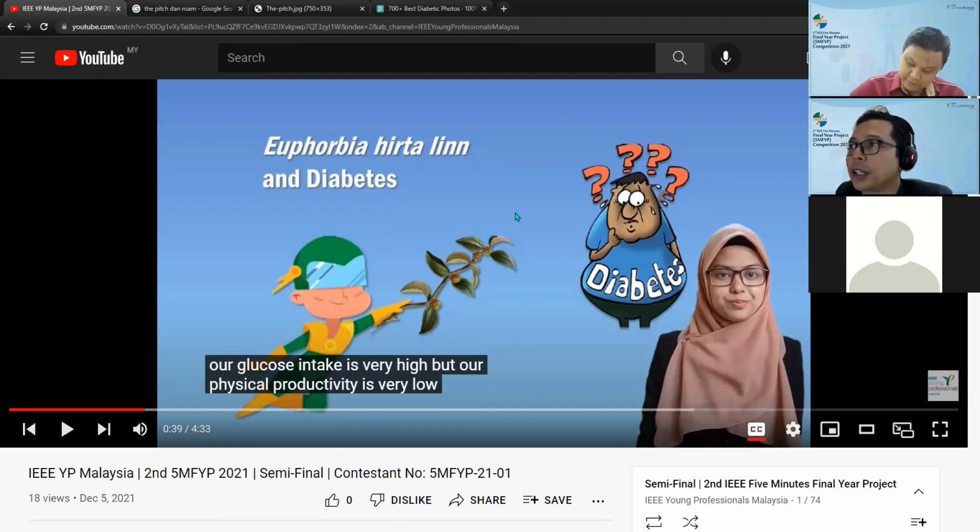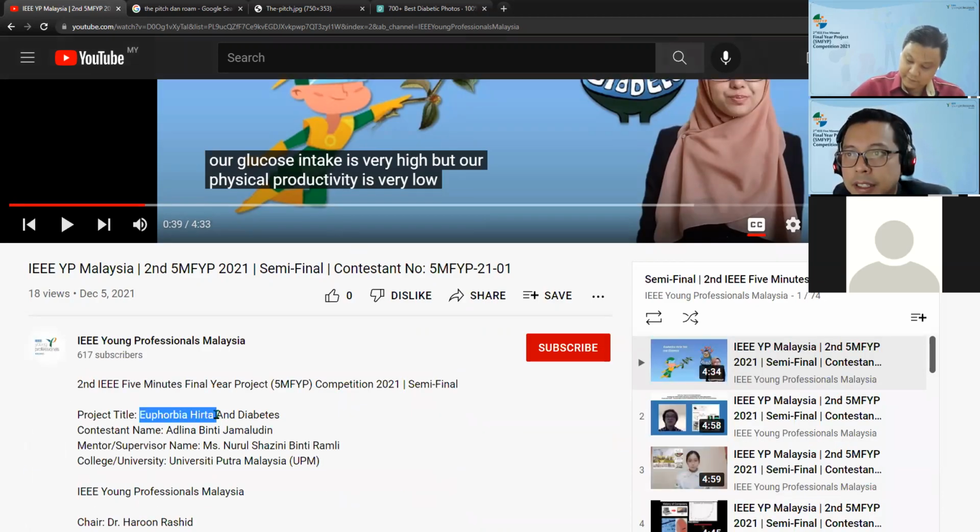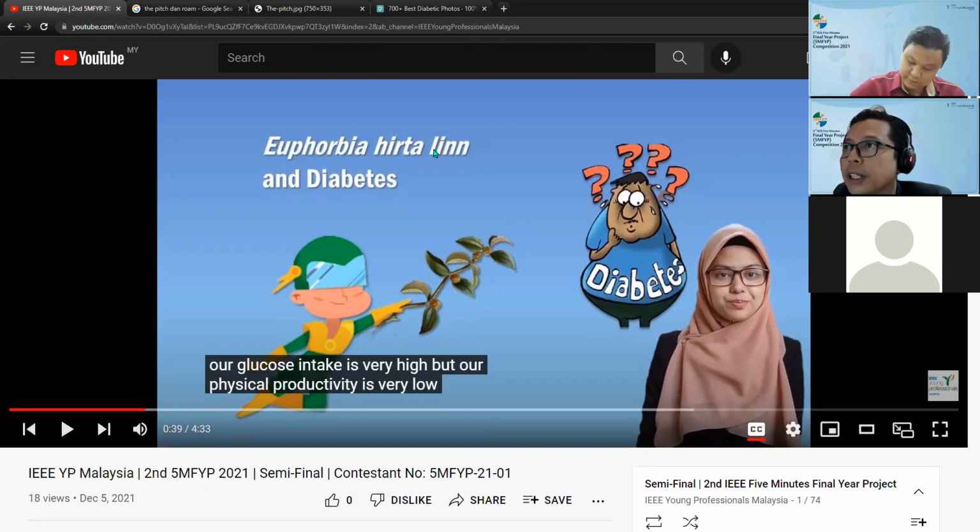So if you could show this plant and then the name of that plant, because I think it's different here. Euphorbiata, and then here Euphorbiata Lin. I don't know which one is the correct one. So if you could use the real people here, the real plant here, and then the name here, if you could show those three, I think it will be a great picture behind, just to help you with your storytelling.